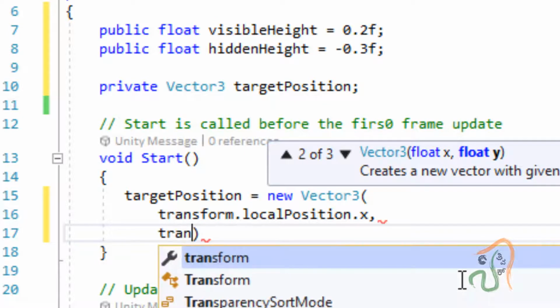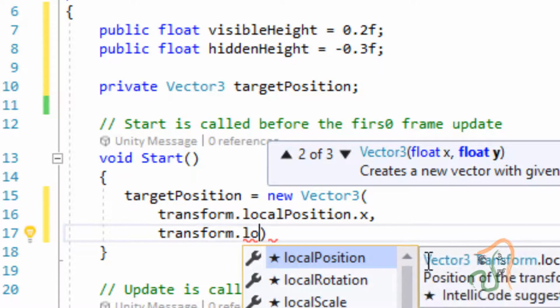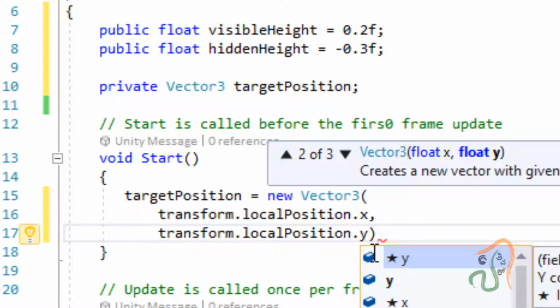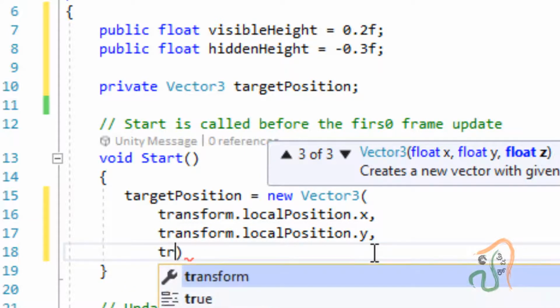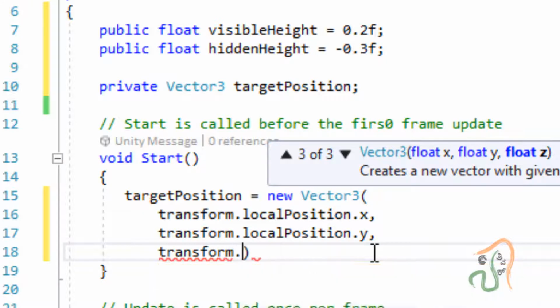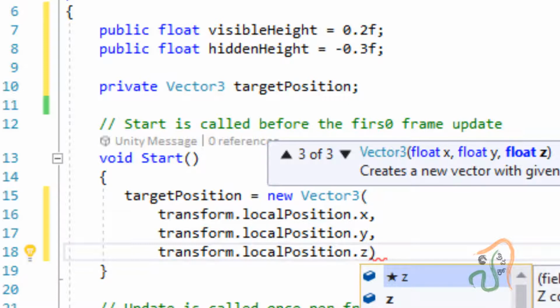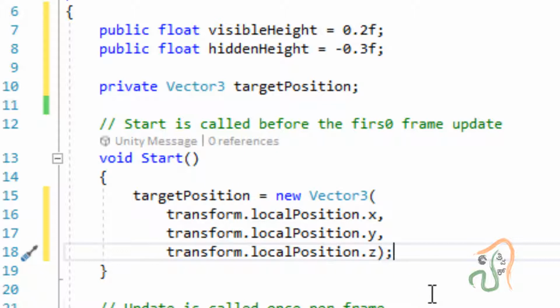The next position will be transform, then period localPosition and period y. This is the current position. Press enter. After this, end it with a comma, then press enter, and the third is transform.localPosition and period z. If we leave this value as it is, end it with a semicolon, so there is no change at all. So the target position is equal to the current position, whatever is the current position.